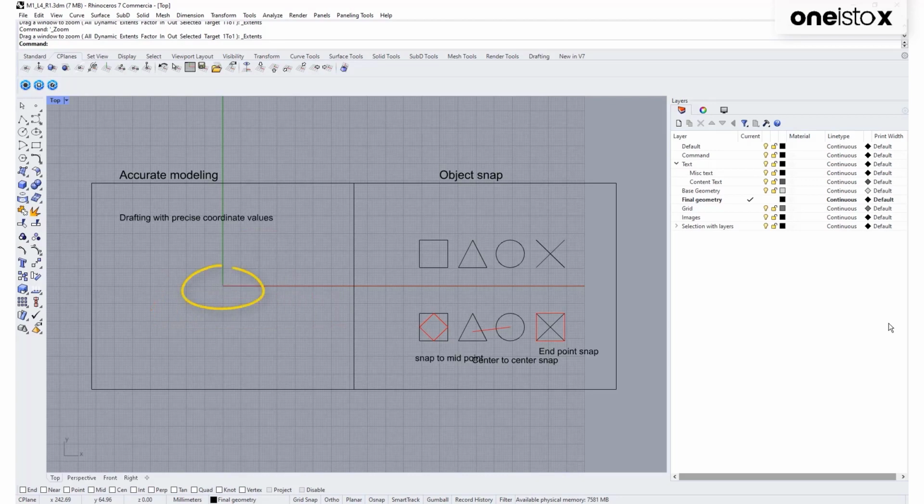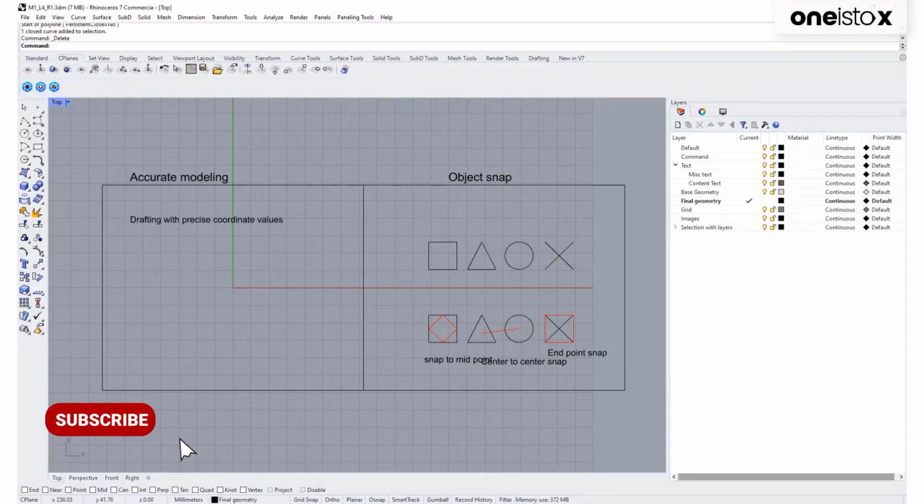The intersection of the X and Y axes is the origin of our 3D space. The coordinate value of the origin is always 0, 0, 0, or simply 0 within Rhino. A line running normal to the XY plane from the origin is the Z axis and is blue in color.